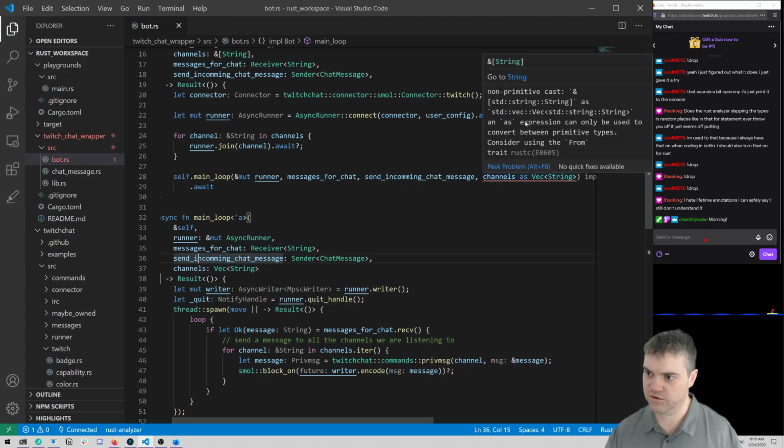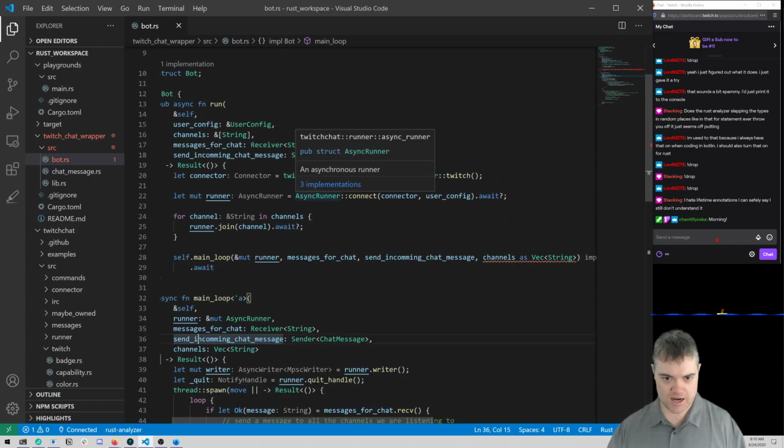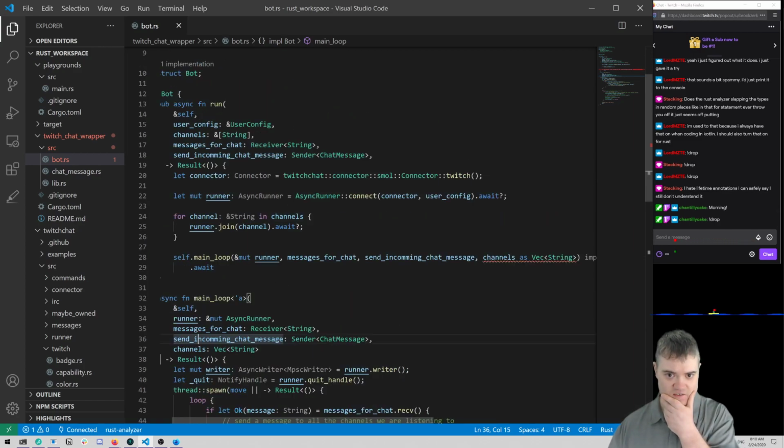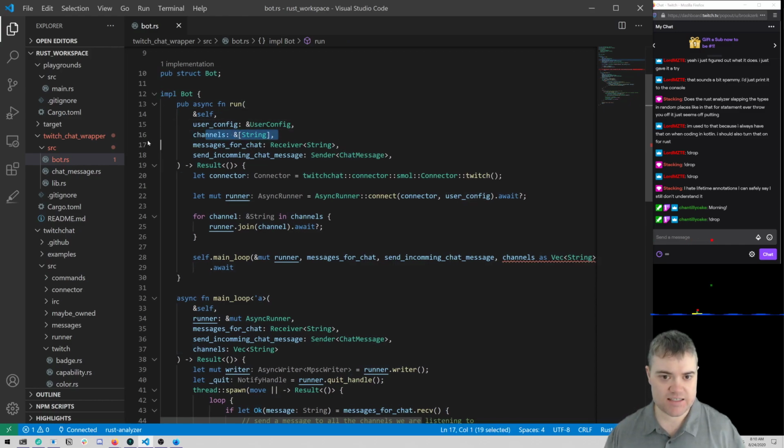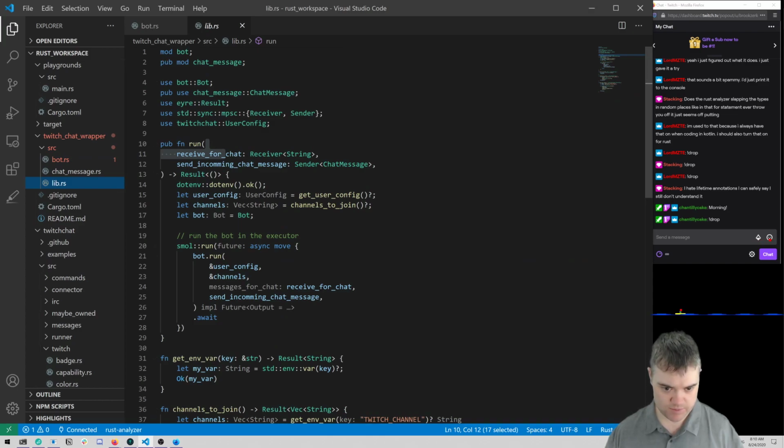Okay, so then non-primitive cast to reference as strings, and the as expression can only be used to convert between primitive types. Okay, so not that. I wonder if I can use a from for it. But let's actually question, can I use this? So we have the bot run here. And so in our main library, when we're using bot run, we're passing a reference to the channels. The channels is a vector of a string here. So hold on.